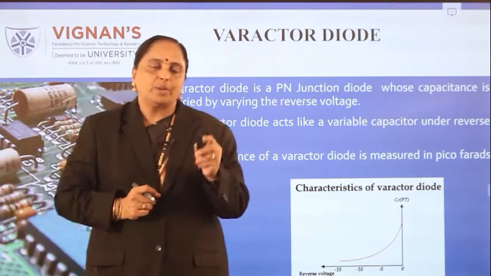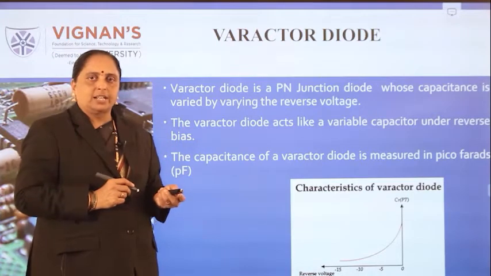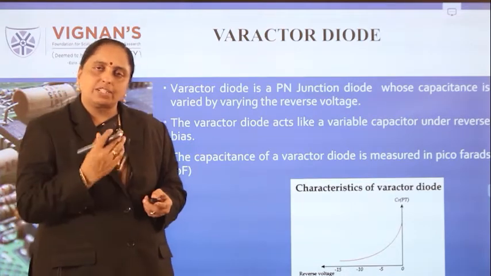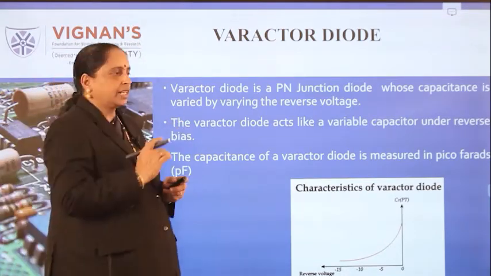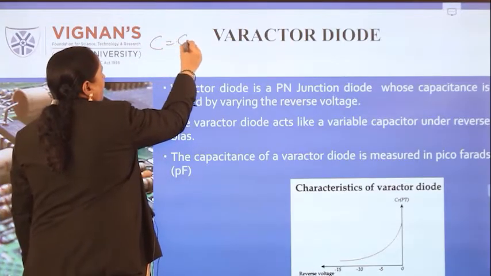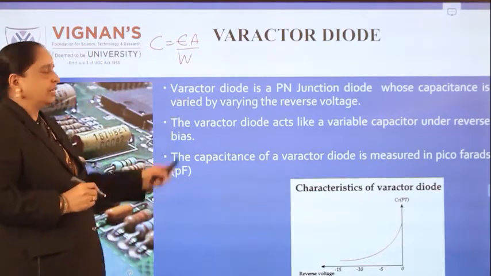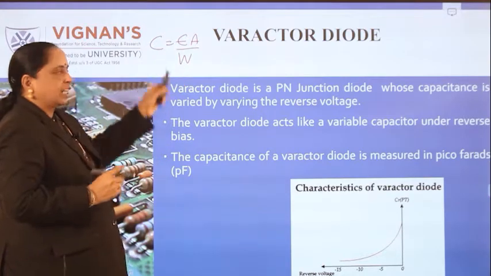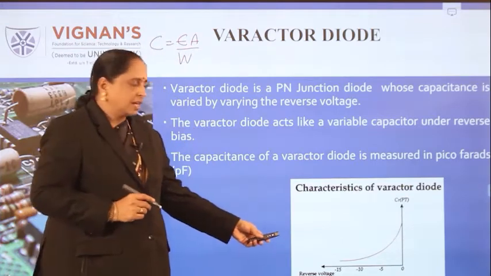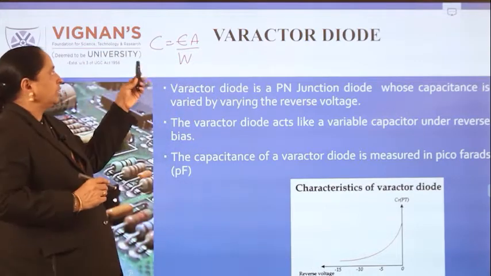Already you know that a diode can be used as a capacitor. If the same diode is connected in reverse bias condition, the depletion width varies. As you know, in reverse bias condition the depletion width increases. If you see the formula C equals epsilon A by d, where d is the width, then in reverse bias condition, if the depletion width increases, the capacitance value decreases. We studied the same property in the last class. So when the reverse voltage increases, the capacitance value decreases according to this formula.